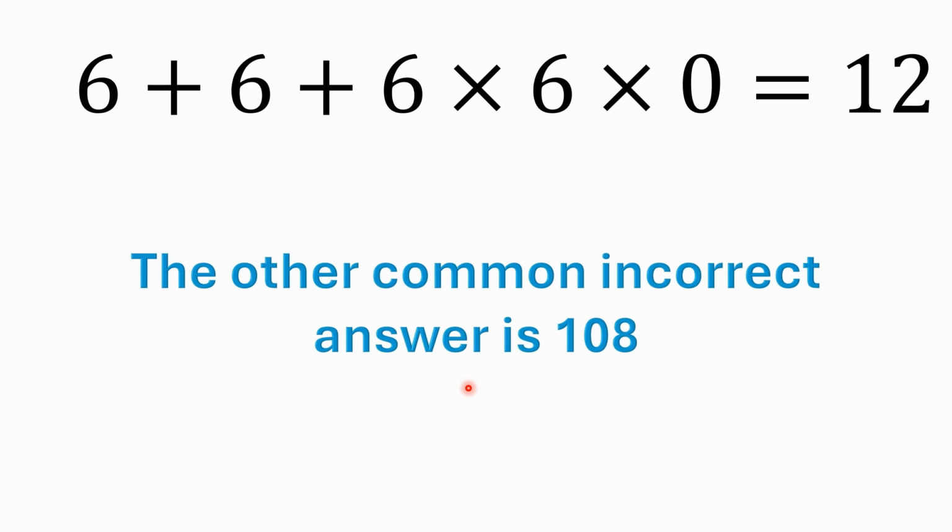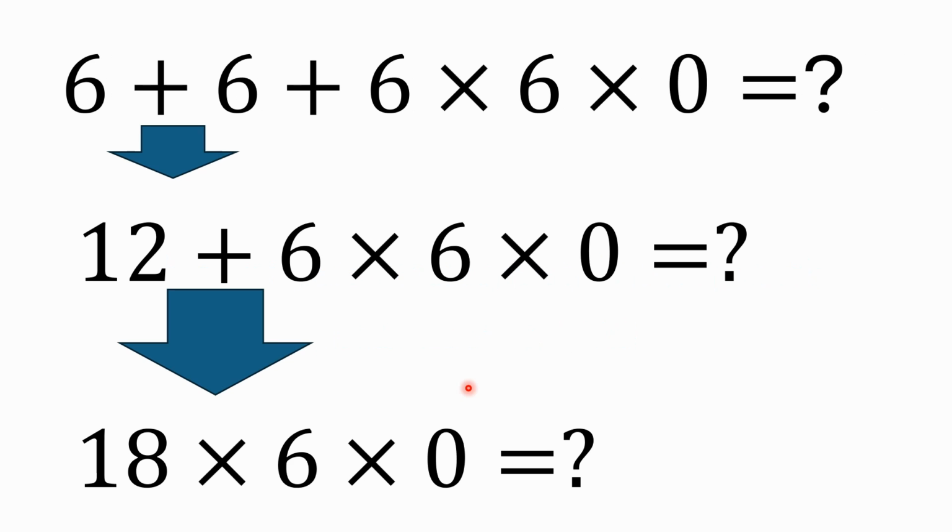Another common incorrect answer is 108, okay? And I kind of explained how some people get 48 also. It's because they don't understand how to multiply by 0. So they're kind of solving this like the people do who end up with 0 as an answer. It's just, in addition to not understanding the order of operations, they do not understand multiplication by 0. So they're doing this. They're going 6 plus 6 is 12. Then they're taking 12 plus this 6, 12 plus 6, and getting 18. And then they're multiplying 18 by 6